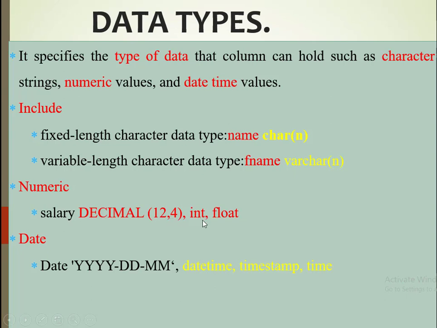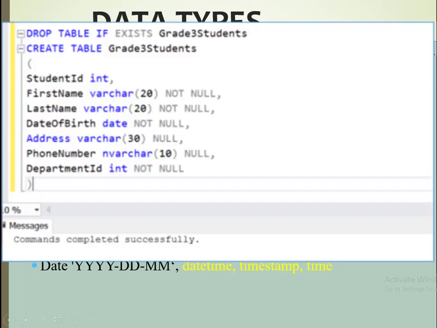If you need to store a whole number, you can use an integer, but we normally abbreviate it as an int. And if you also have a number that is likely to be in decimal places, we can as well use float. The next category of the data type is what we refer to as a date, which normally stores